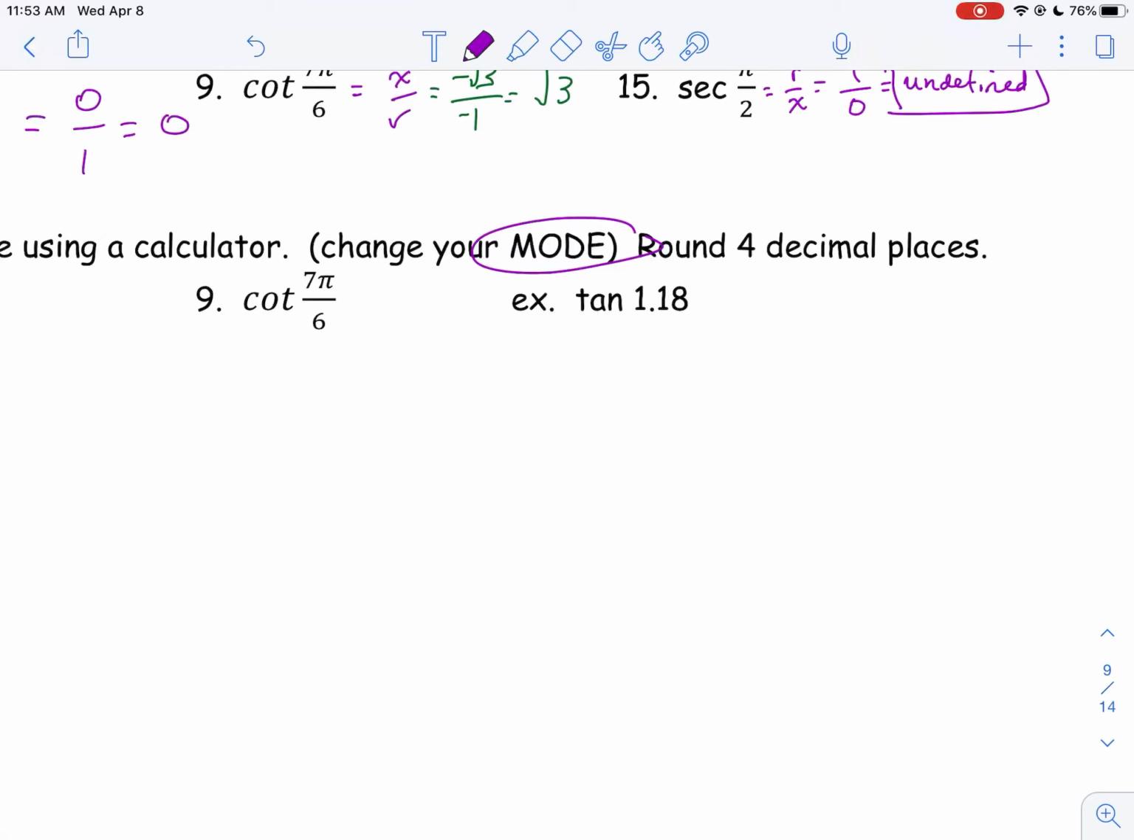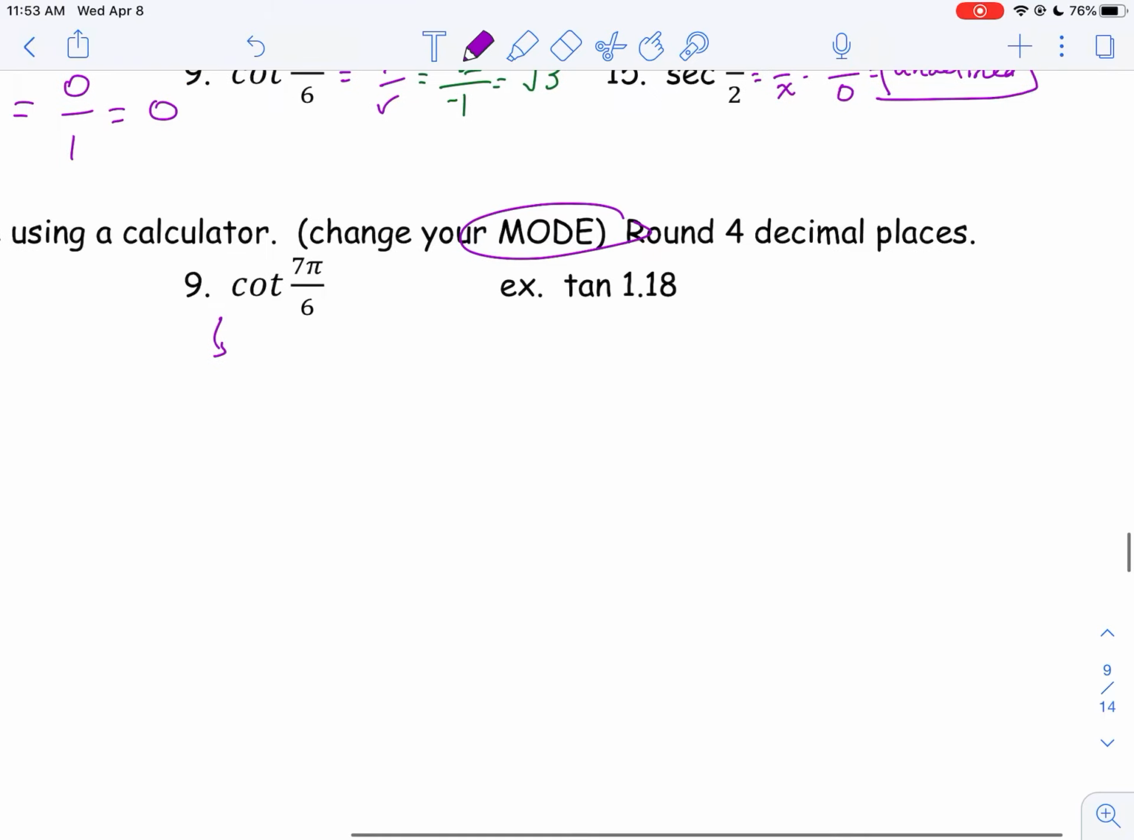All right, so let's take a look at cotangent. Many of you don't have a cotangent button, so what are you going to do? Hopefully you're remembering that cotangent is the reciprocal of tangent. There's two ways of doing this. One is just to type in tangent of 7 pi over 6, get that answer, and then whatever that answer is, you can take 1 divided by that answer. Actually, let me just type it in and I'll do that for you. So tangent of 7 pi over 6 gives us